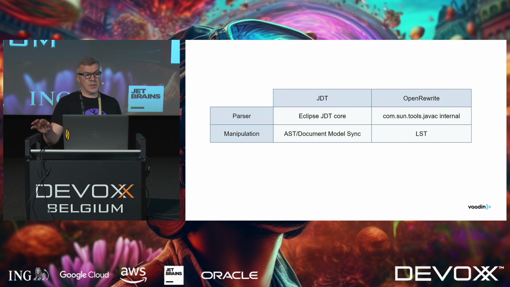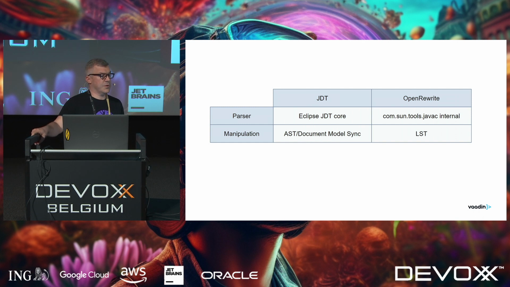Two tools that we considered to accomplish this are JDT and OpenRewrite. I would say at their core, both of these products are completely suitable. They give us the confidence that we would be able to build a tool on top of them. And they fit the minimum requirements. So for me, minimum requirements for using a framework like JDT or OpenRewrite is that